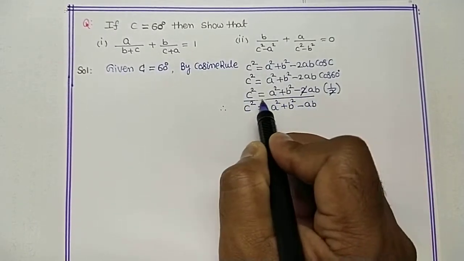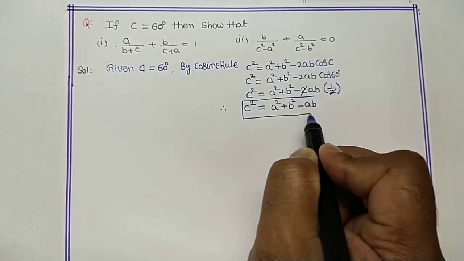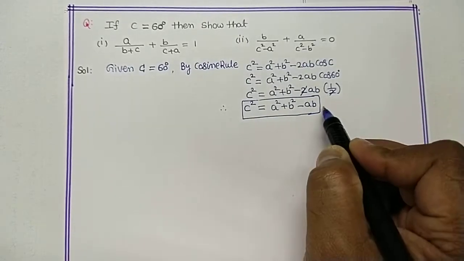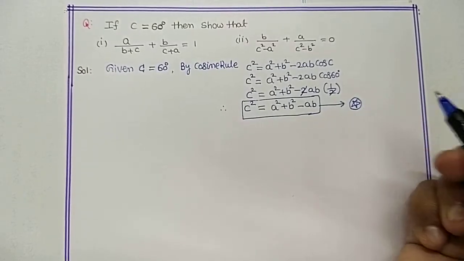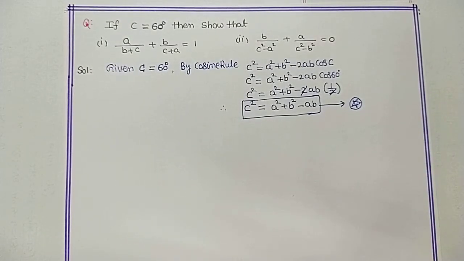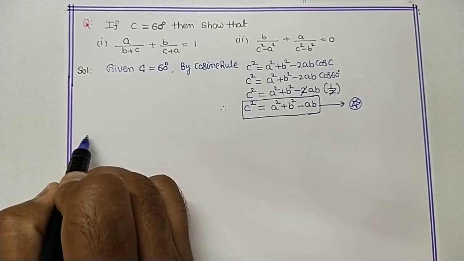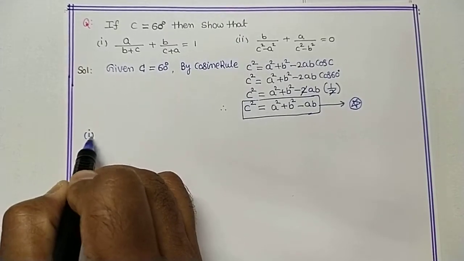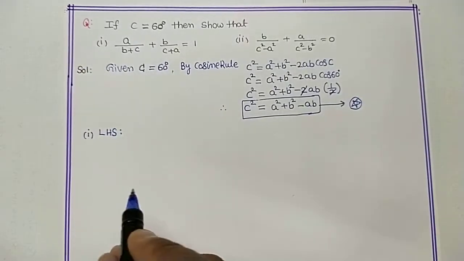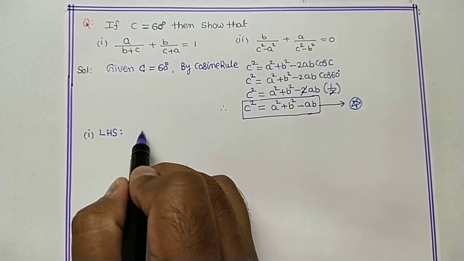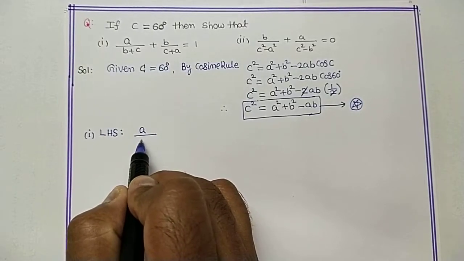You put it in the box. This result we will apply in the coming steps. You put it as a star mark. After reaching this step, consider the first question LHS. In that, what is the LHS value? A by B plus C